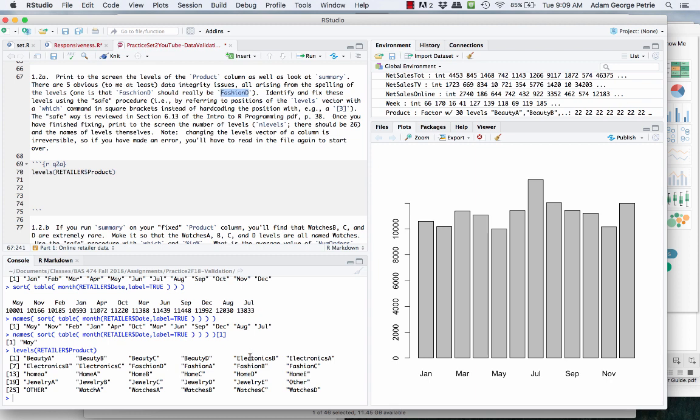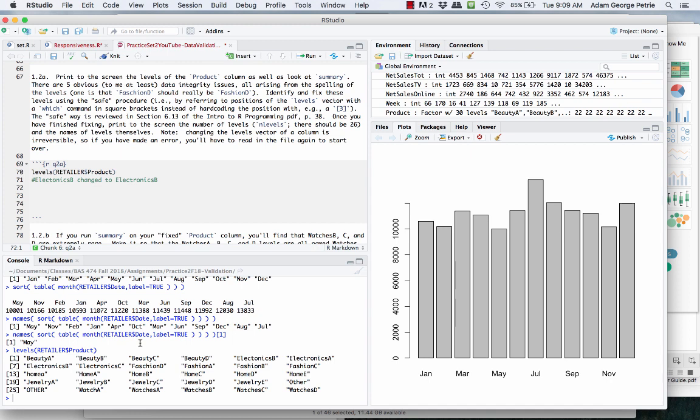One thing that we see is that electronics B should probably be electronics B. I'll write a little note about that. Let's change this to electronics B. That's issue number 2. We have that fashion, this is the one that's given to us. We need to change that to fashion D. There's not a separate level already for that, so we can just rename that